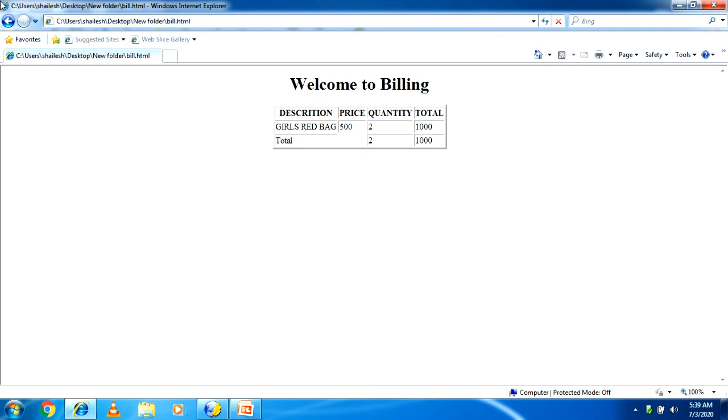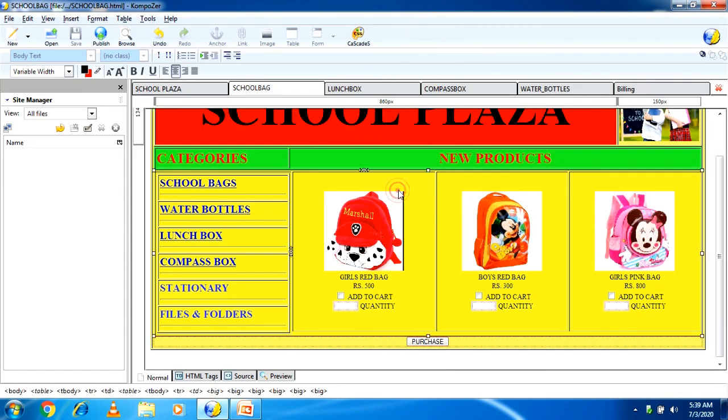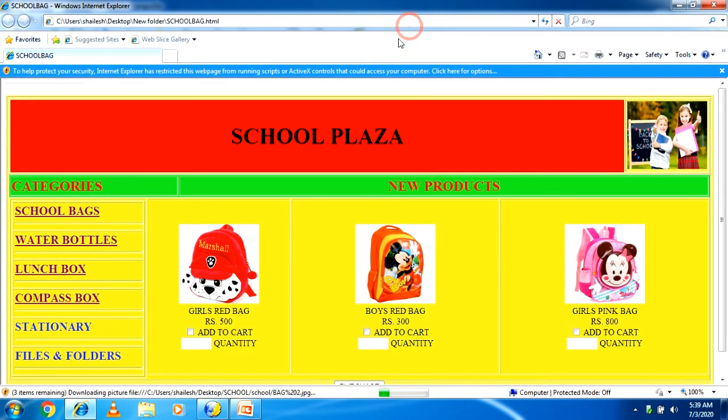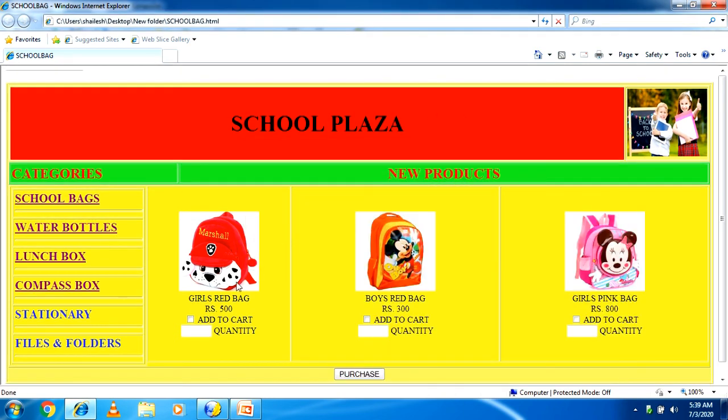Okay, now again I browse this page and allow blocked content, yes. Here I am writing for the girls red bag I want to purchase 4 quantity, boys red bag I want to purchase 3 quantity, and girls pink bag I want to purchase 10 quantity.